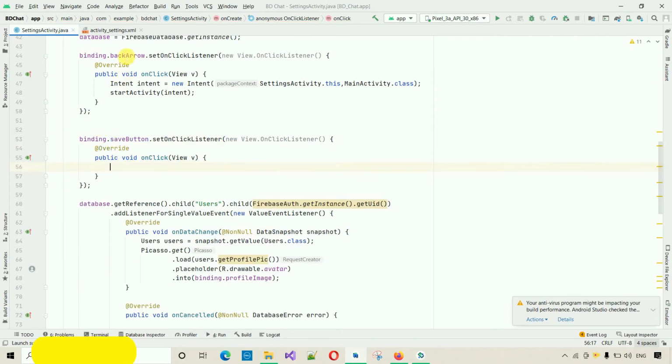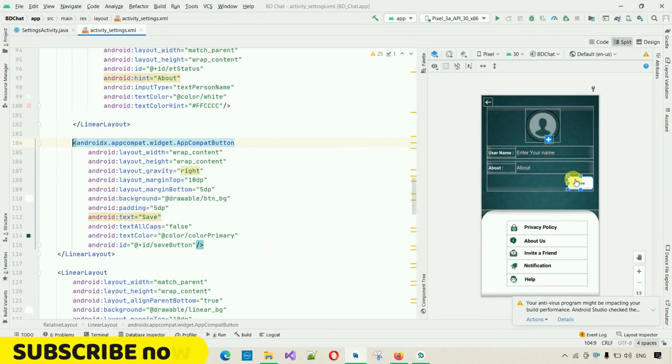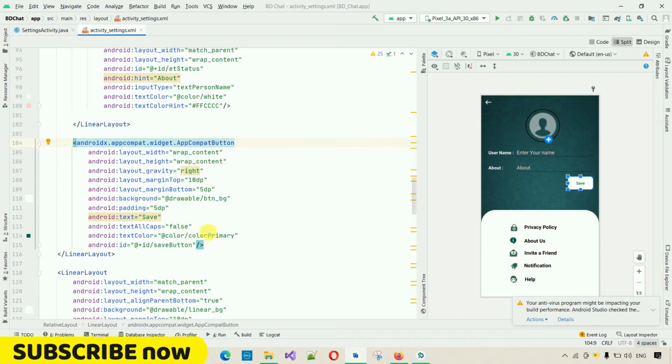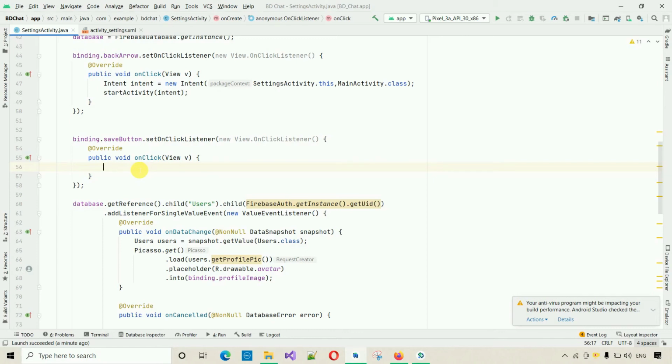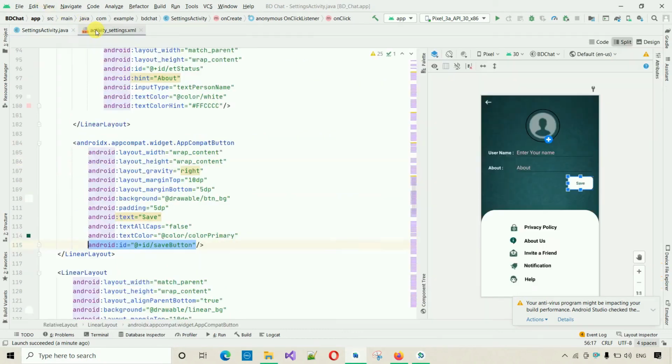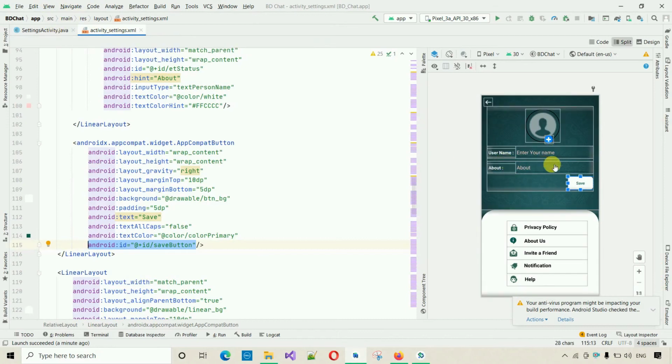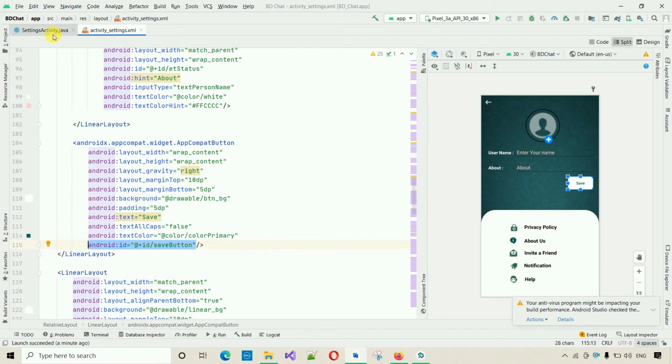If I move back into this one, just click on this, and here you can see this is the button name. The ID for this one is save button. You have to use the same name over here. Inside this one, whenever the user clicks on that, first we want to extract the username and the about, from these two text fields or text views,